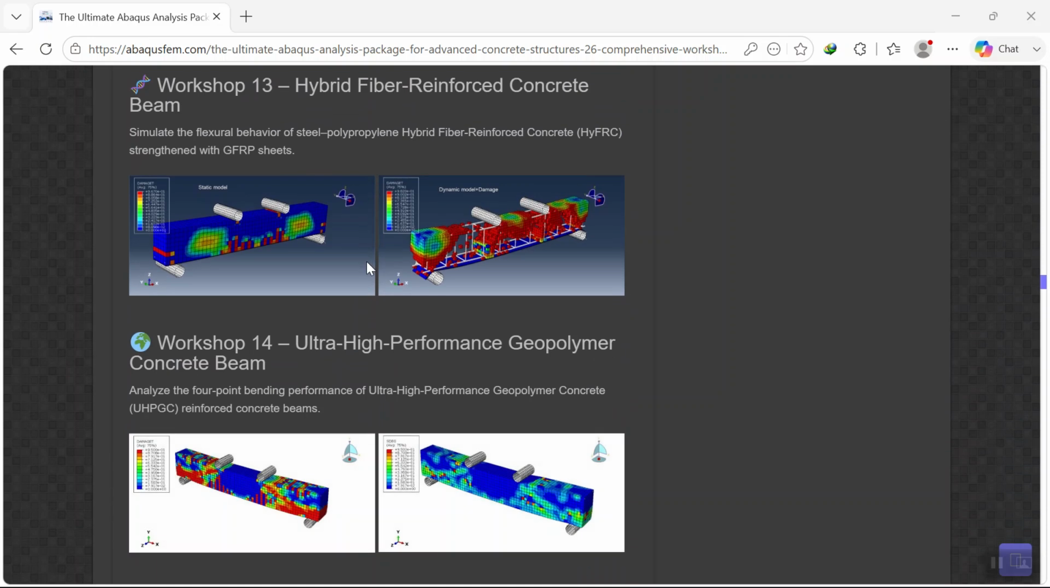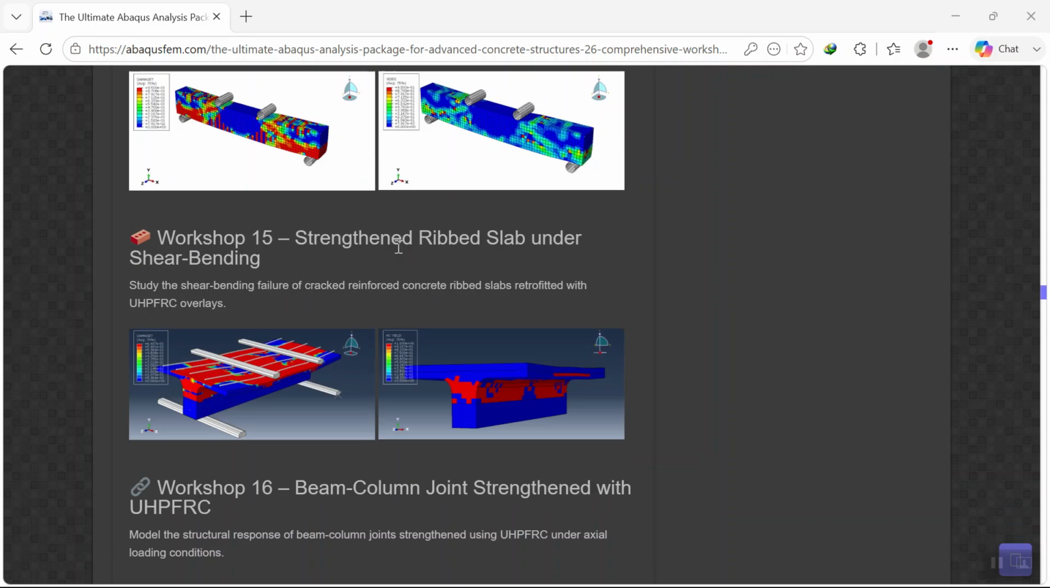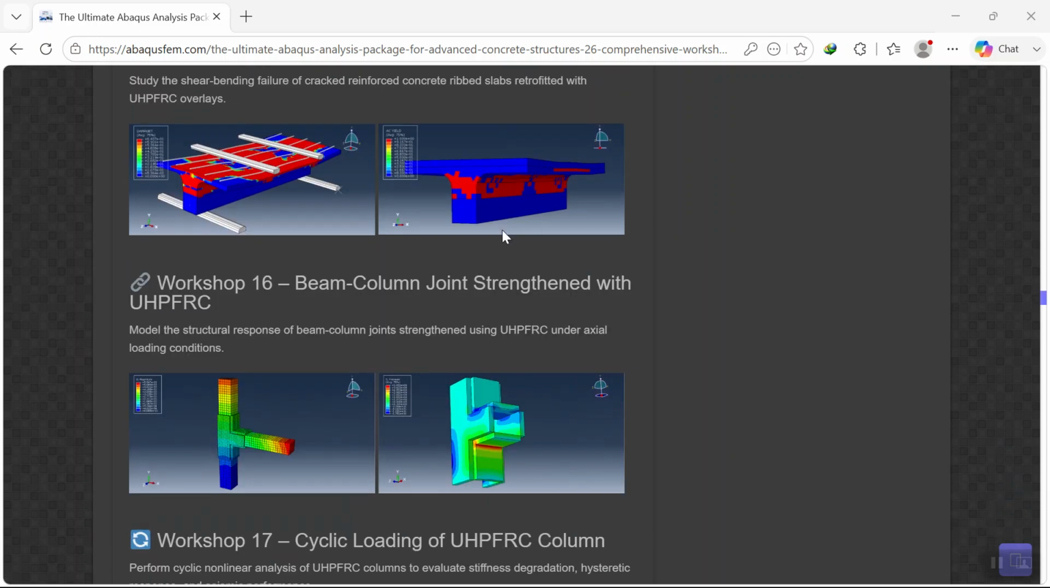One of the strongest features of this package is that it is entirely project-based, based on real research papers. Rather than simply showing which buttons to click, every workshop follows the complete engineering workflow, from creating geometry, material definitions, and equations to result interpretation. The goal is not just to teach you Abaqus commands, but to help you understand the engineering principle behind